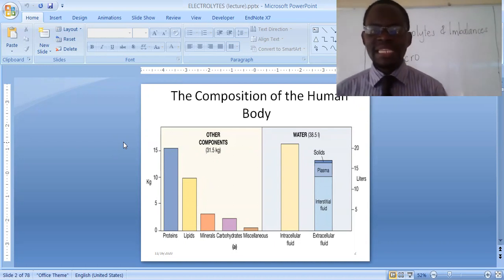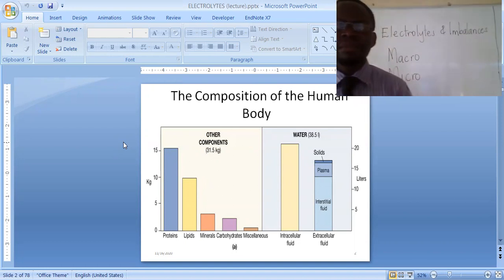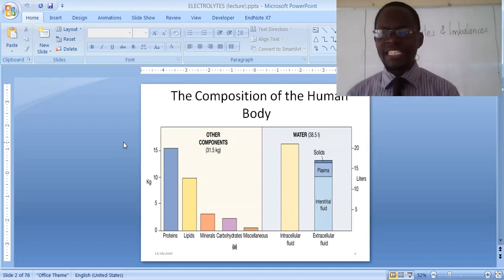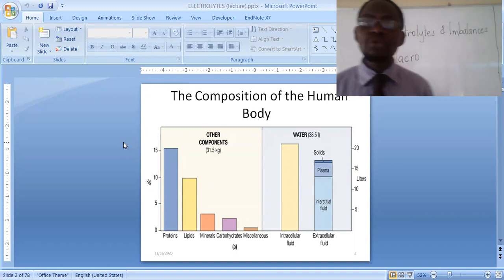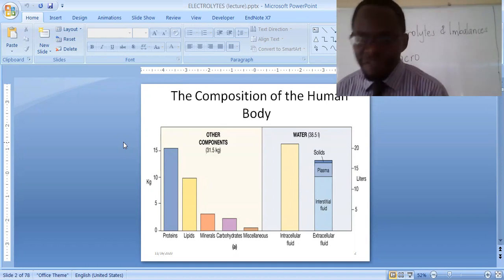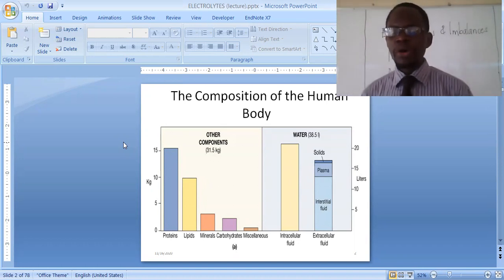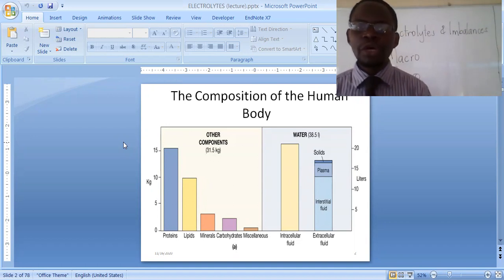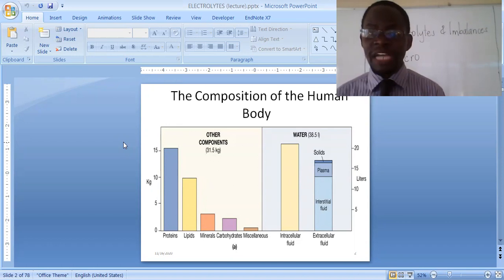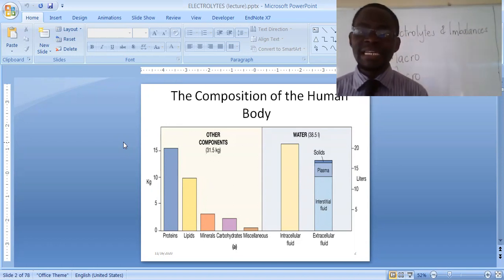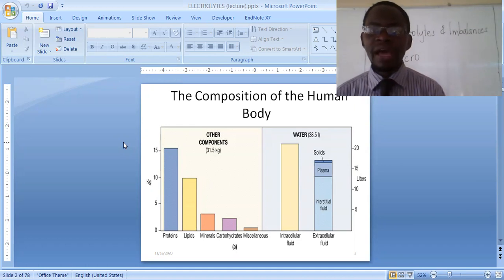And as you can see, water is about 60%, yeah, of your whole body. So in other words, you cannot do away without water. That is why they say that water is life. So it is very important that you should know that your body contains about 35.8 liters. Can you imagine that your body is about 35.8 liters? Rather